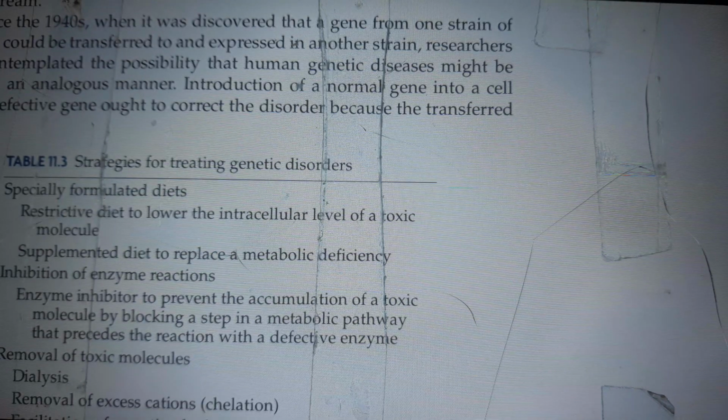In the 1940s, when it was discovered that a gene from one strain of bacteria could be transferred to and expressed in another strain, researchers have contemplated the possibility that human genetic diseases might be cured in an analogous manner. Introduction of a novel gene into a cell with a defective gene ought to correct the disorder because the transferred